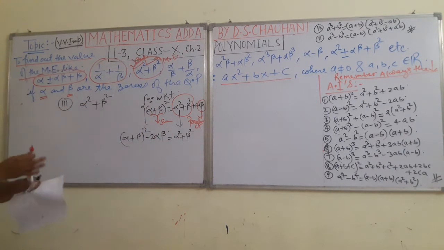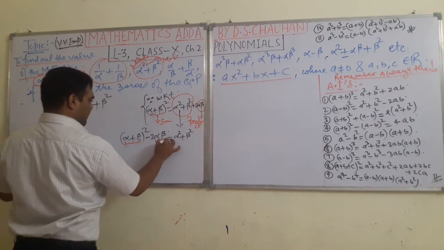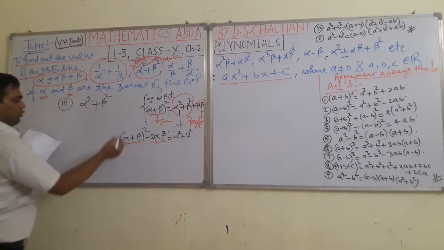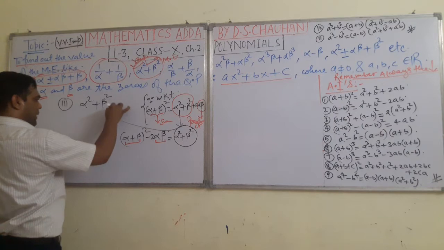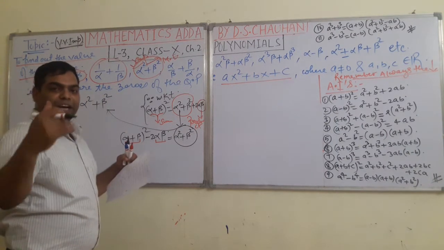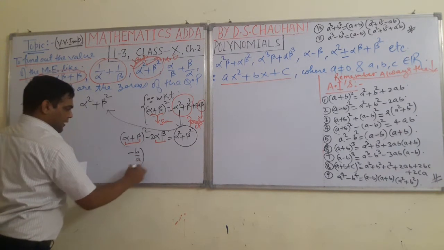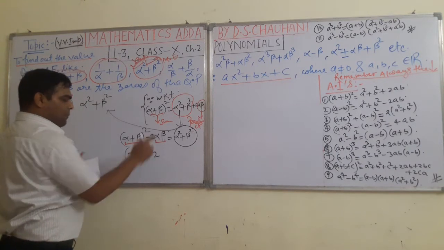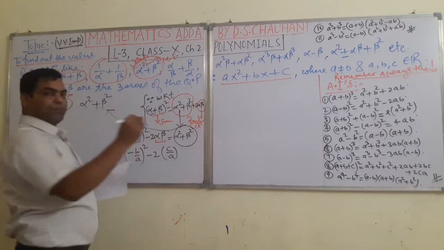And students, we are in such a stage where we are going to this sum of the zeros and product of the zeros. So very easily we can find out the value of this alpha square plus beta square, whatever we have to find out. Put the value alpha plus beta, what it is known? It is minus b upon a. So put here minus b upon a to the whole square. Minus 2 alpha beta, what is it? It is c upon a.